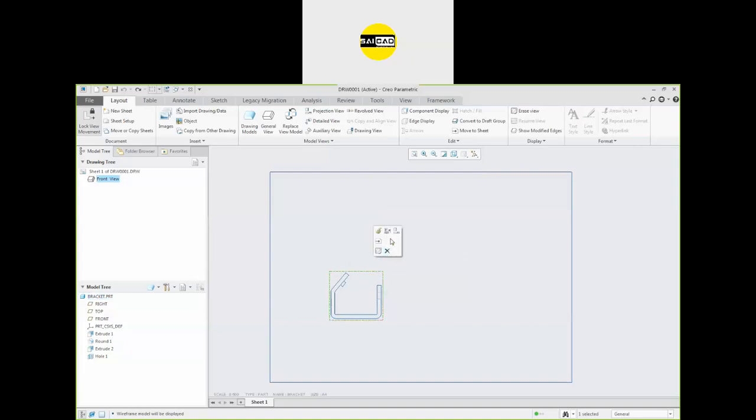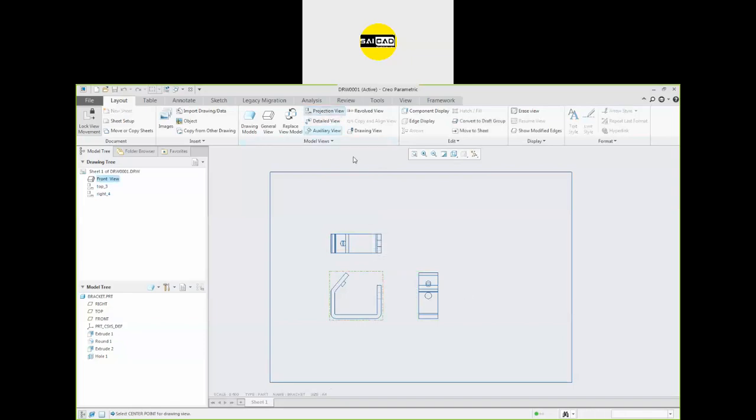So right now I just want to create the projection, so I can click here, or I can go here to the projection view. I can select. You can see that the selected view is this one only. So if I go to the upside, this is the top view. Okay, and select again this one. From here also you get the right side view.